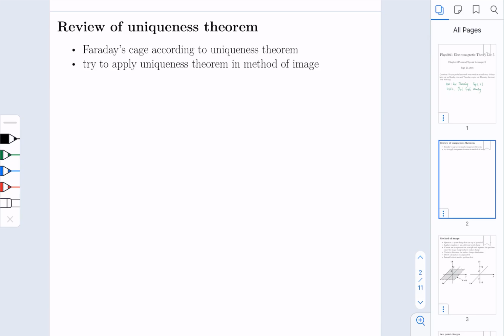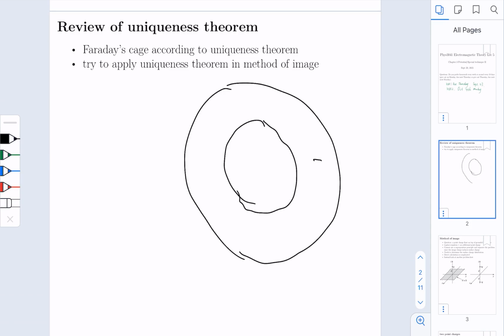Remember that last week we discussed the uniqueness theorem, and one application of the uniqueness theorem is the Faraday's cage. We spent quite a bit of time talking about the Faraday's cage. There is a conductor, outside E equals 0, but for a conductor, the V here is a constant. And if there is no charge inside, then what's inside